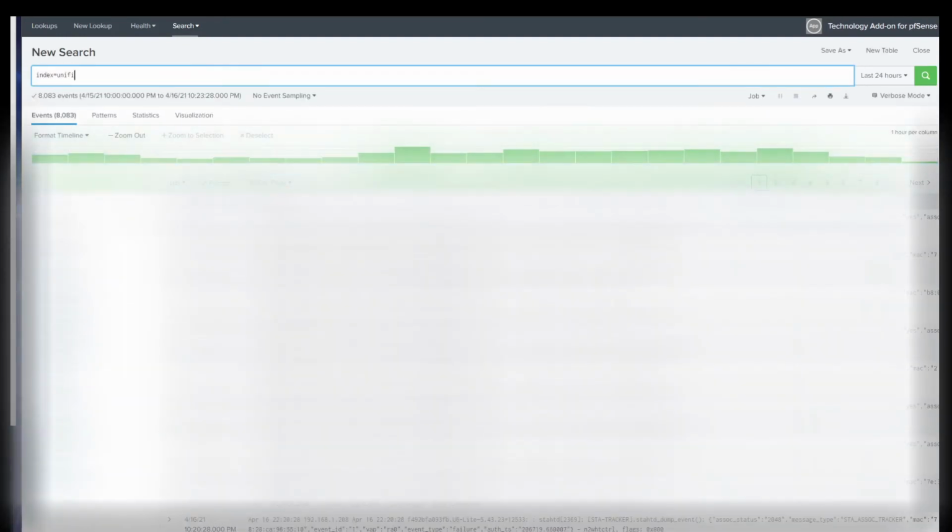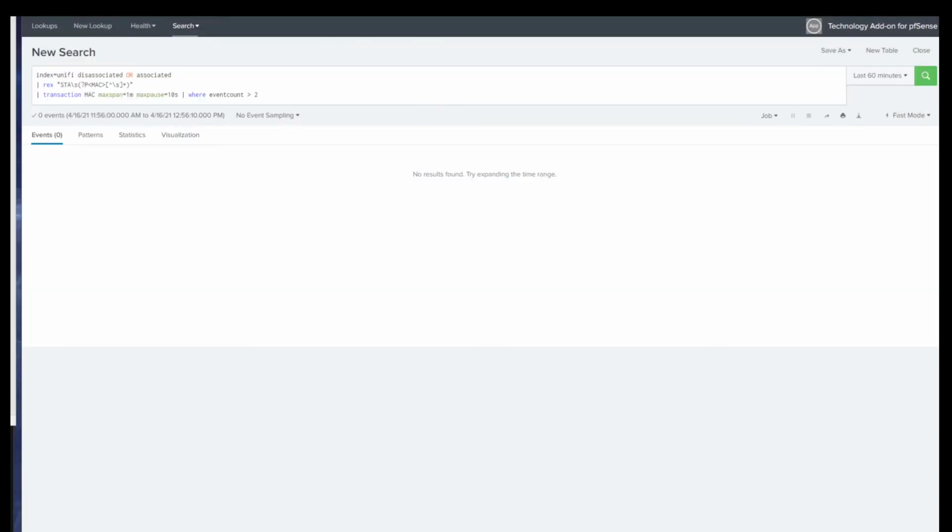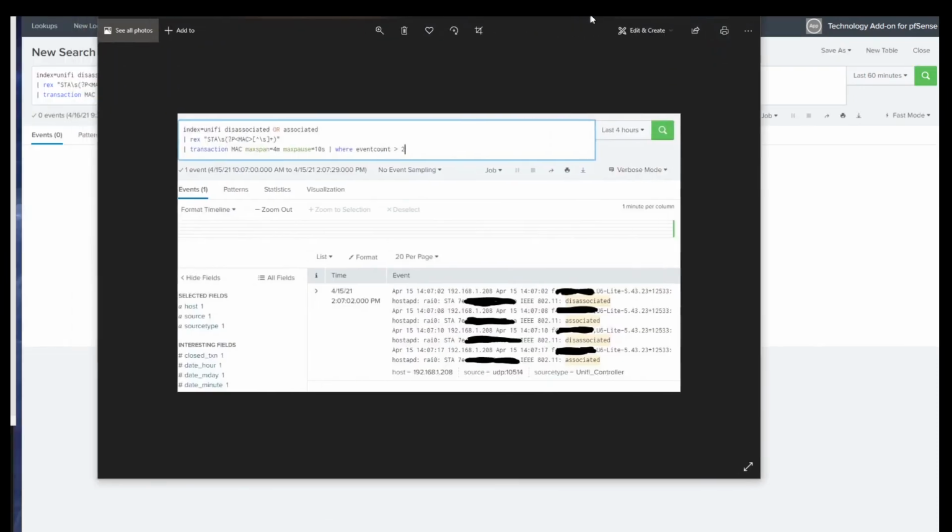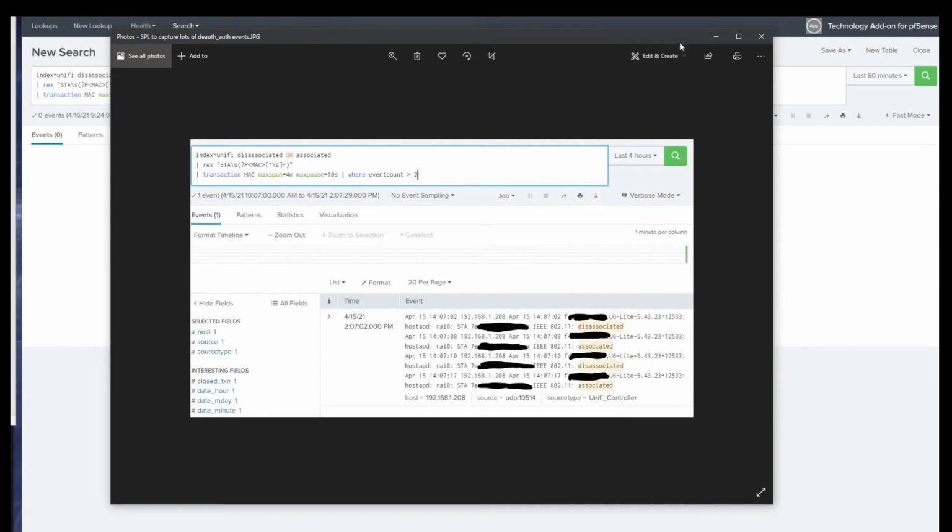So now we're getting data in, and again, unfortunately, I have to blur so much stuff out because it's a horrendous amount of MAC addresses. But you can see that we were getting Unifi data in, and now I'm using some SPL to try to find instances where a deauth attack might have happened. So we're looking for disassociated and then associated. There's some regex to get the MAC address, and we're doing a transaction in SPL so that you can get what I just showed there after some events,